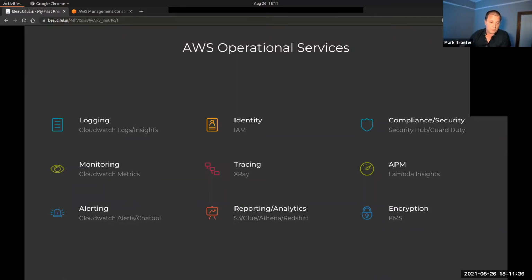Reporting and analytics that I mentioned earlier. There are tools inside AWS to make sure your data can get out to things like S3. Once you're in S3, you've got great AWS tools like Glue, Athena, Redshift, or it's even fairly trivial to pipe that data into something like Snowflake, which again, if I have time, we'll have a look at how Terraform can help us do that integration between our serverless services and something like Snowflake. Compliance, security, APM, Lambda Insights isn't really an APM tool, but it satisfies that similar use case that an APM tool would satisfy. And encryption, again, often an afterthought, but are we encrypting all our data at rest?